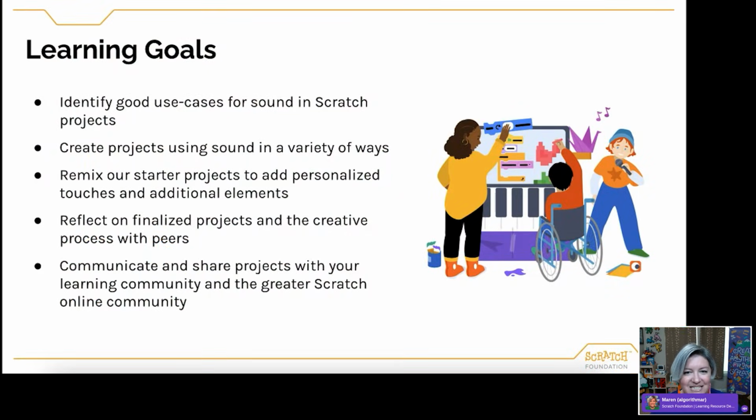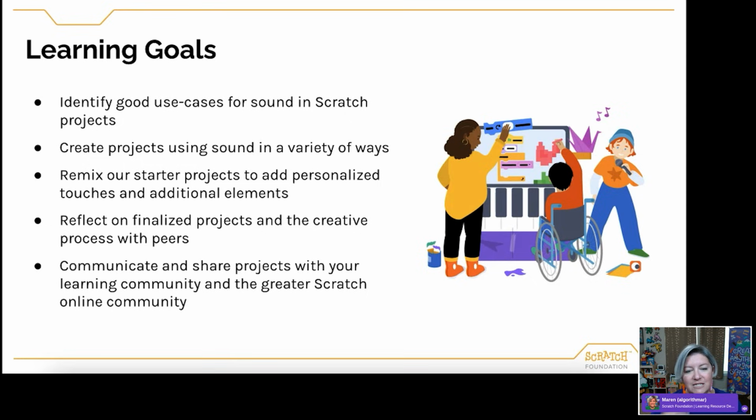By the end of the session series, my goal is that you will walk away with a variety of resources and an understanding of our Scratch Creative Learning philosophy and our creative learning spiral so that you can feel comfortable engaging learners on these session topics and using Scratch in your classrooms.